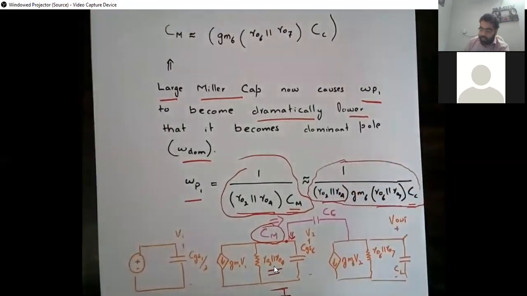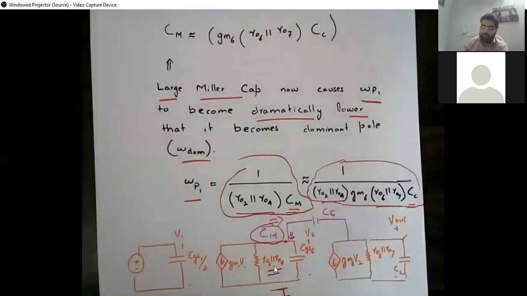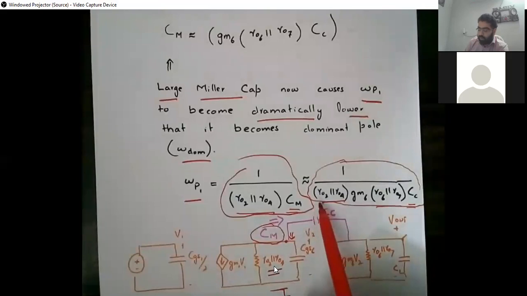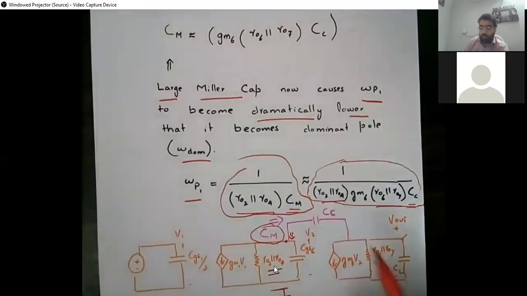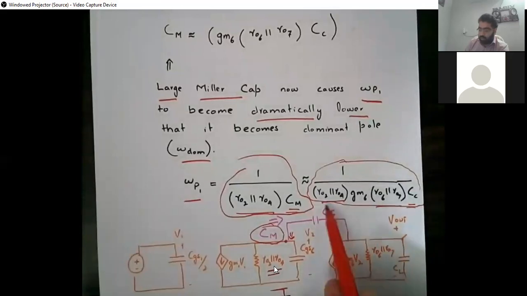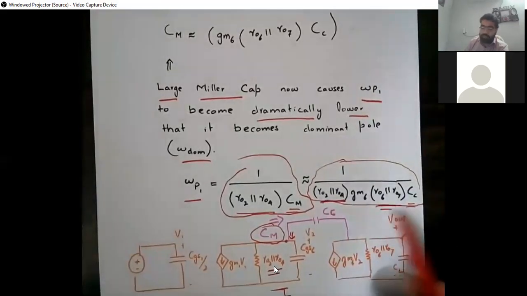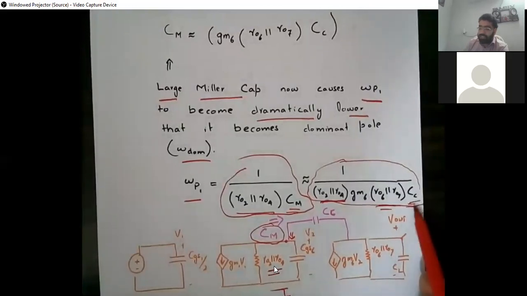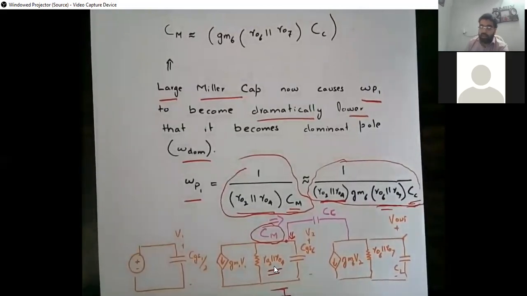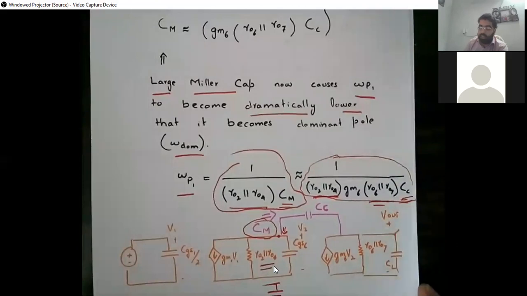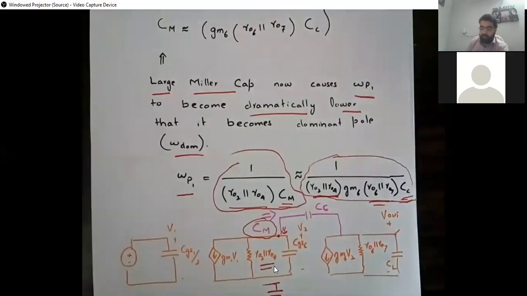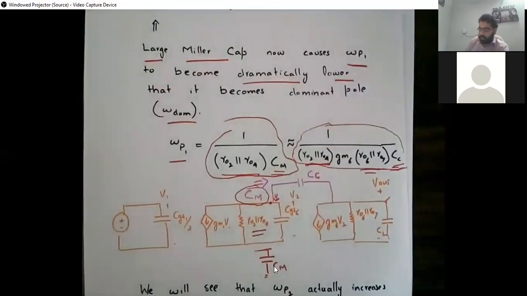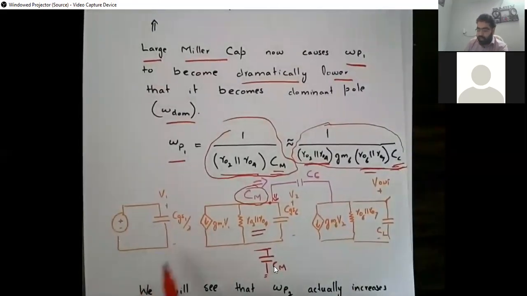By just seeing the expression, we can say it's going to be a smaller value. Why? Because we have the product of two output resistances: one ro2 in parallel with ro4 and one ro6 in parallel with ro7, and they are also multiplied by Cc, the compensation capacitor that we are inserting. It's not something parasitic, not in the femtofarad range; it's most likely in the picofarad range, which we as designers insert based on our requirements and area consideration. So if we want to see the circuit again, we have the circuit as follows.